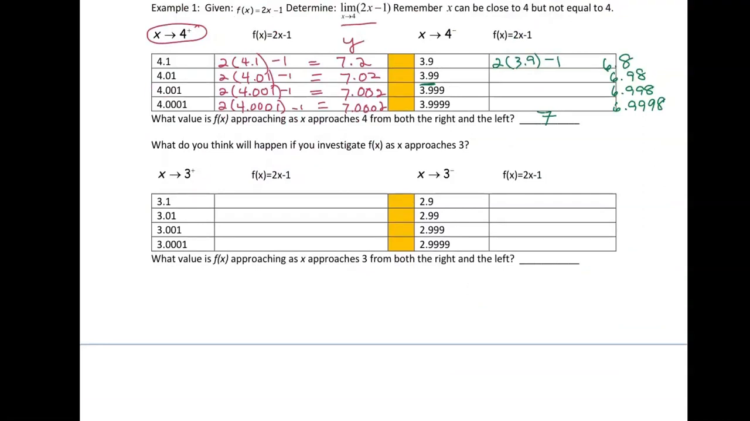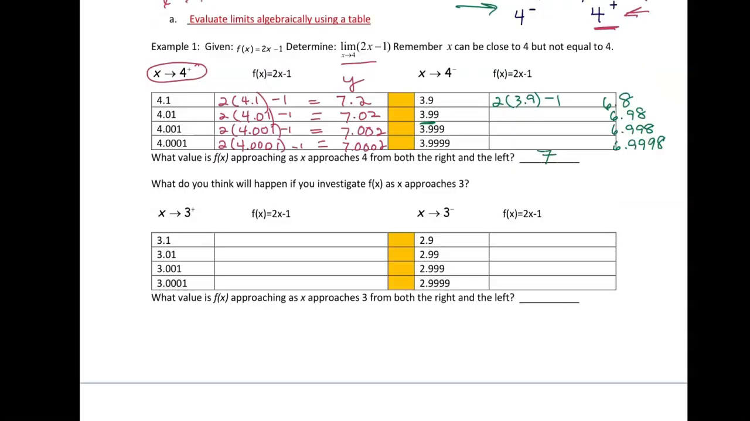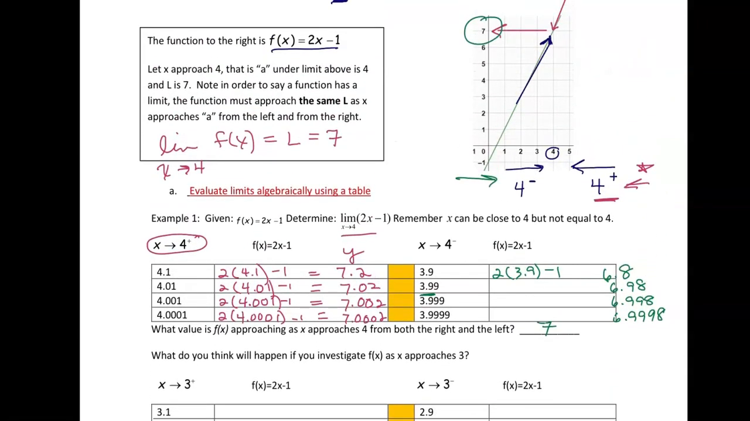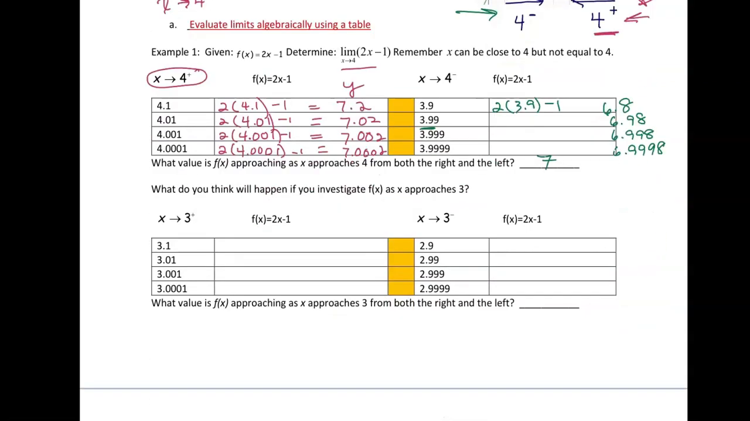Okay, so what do you think is going to happen if you do the same thing as x approaches 3? Same function. What do you think is going to happen? Look what 3 is. I'm assuming that from the left and from the right, I'm going to approach 5. So this is going to be 5. I'll tell you all the values here. Plug in 3.1. You get 5.2, 5.02, 5.002,